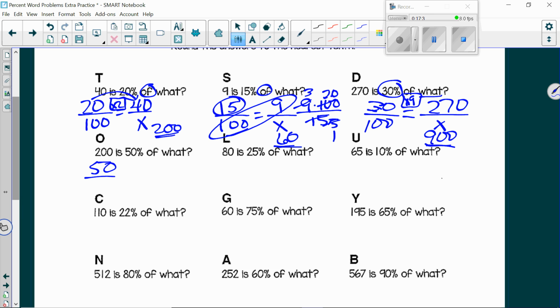50%, 200, don't know this, is 50 to 200 easy? Yes. Times 4, so 100 times 4 gives me 400. 50% one should be easy. 25,